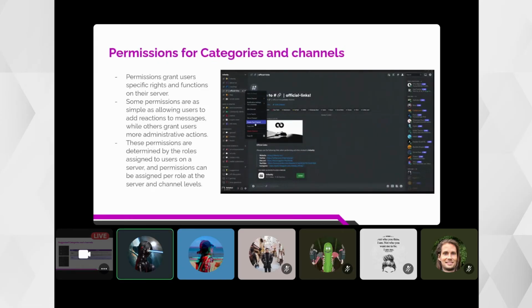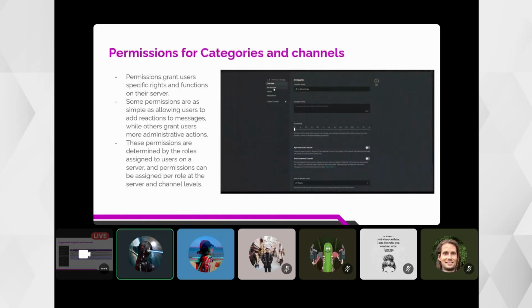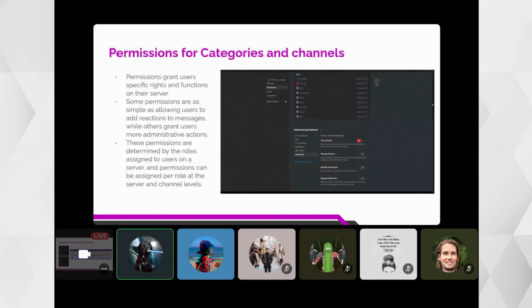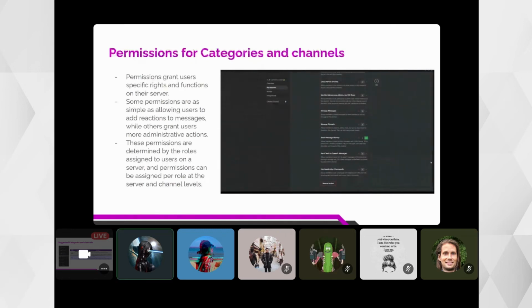Okay, so for the next topic, the permissions. For the categories and channels that you've created, of course, not all roles should be able to access these different categories and channels. They should have specific rights and functions on the server, right?